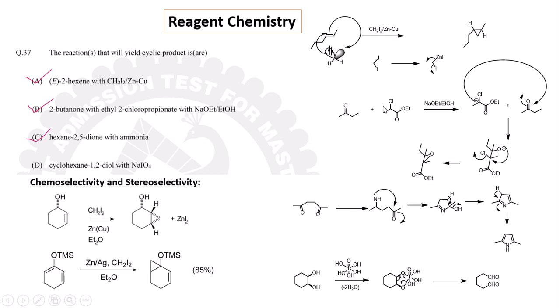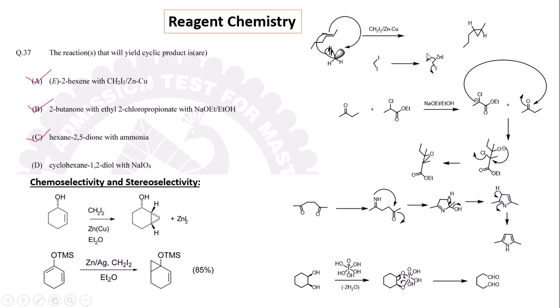This is the Darzens glycidic ester condensation where the alpha position to the ester group produces the negative charge and it undergoes elimination to give the epoxy ester, and this epoxy ester is a very important intermediate for the homologation of the CHO group. After hydrolysis it is converted to the CHO, but the intermediate is cyclic. Here also, ammonia reacts with the 1,4-diketone to give imine, and then this imine undergoes intramolecular reaction to give the cyclic pyrrole